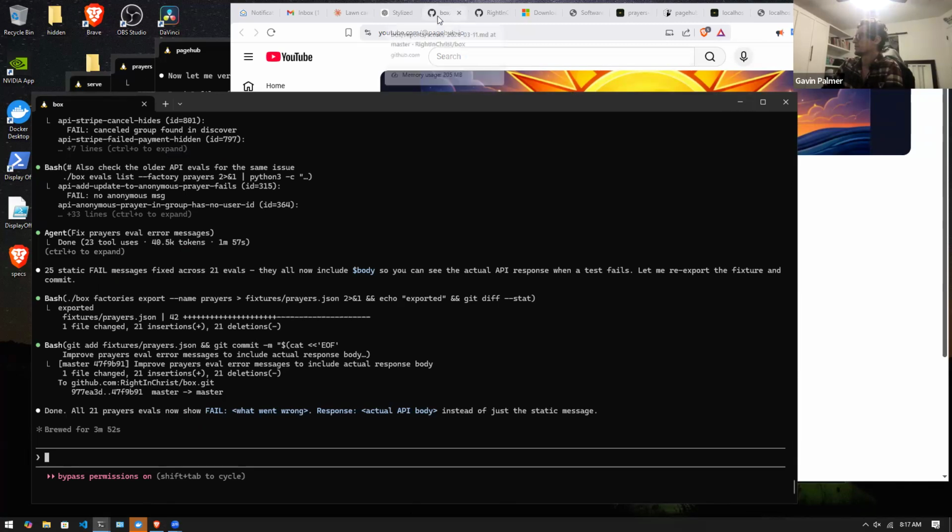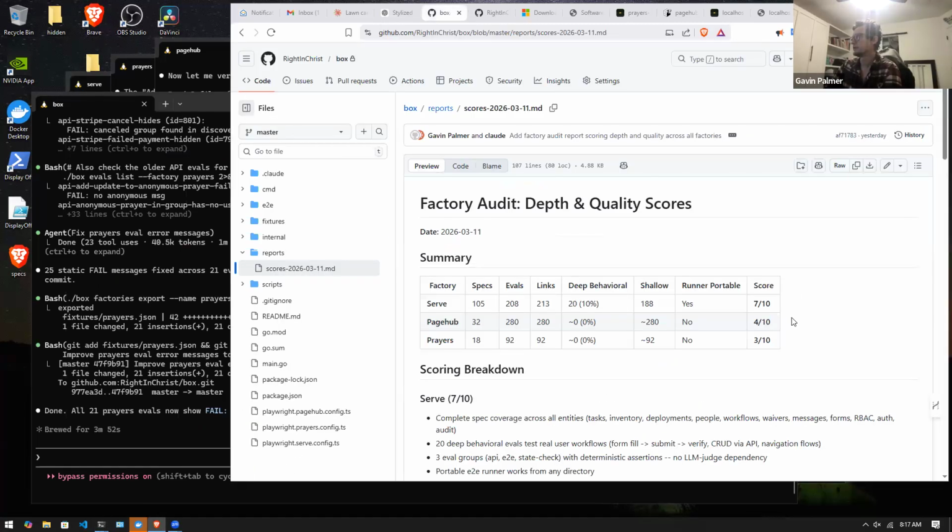So I go to the GitHub repository. I created a report yesterday on my factories. I'm trying to use Box to manage software factories because Claude Code can write code for me. I need to create some kind of independent verification and validation system that proves that what Claude Code built actually